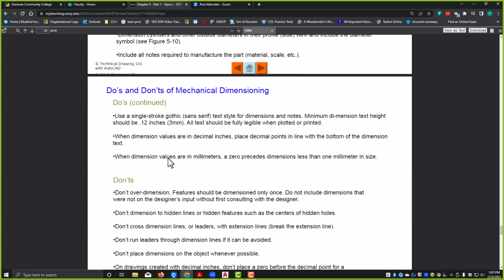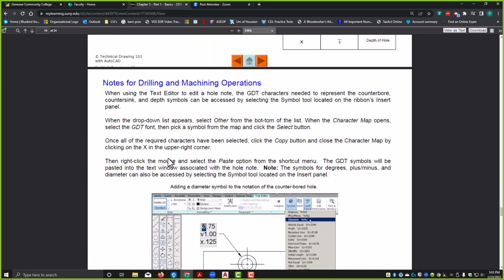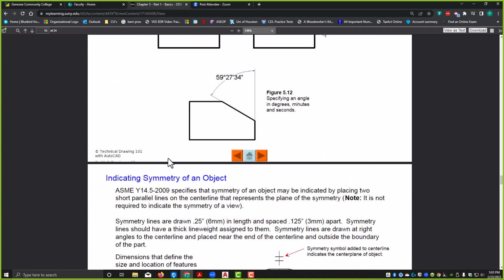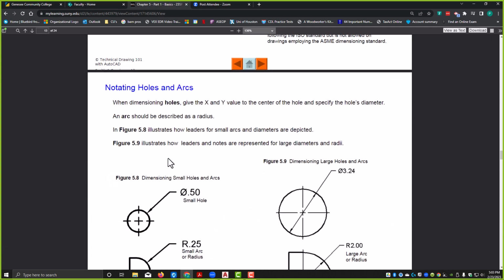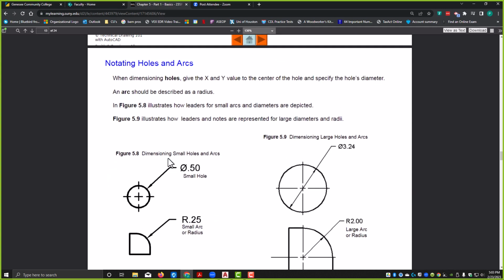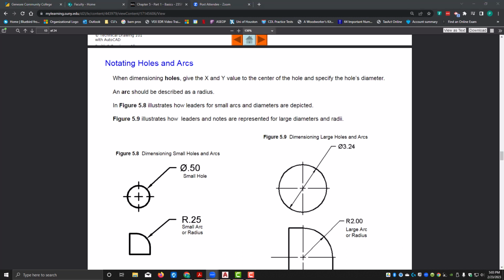I don't want to call it a quiz. I'm going to excuse you. I'm going to stop sharing my screen first. Hold on a split second. Stop share. I'm going to turn my